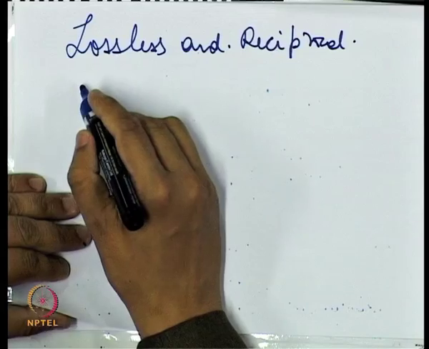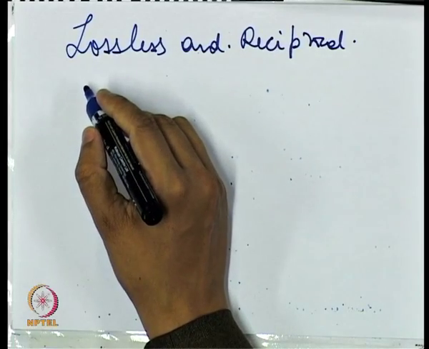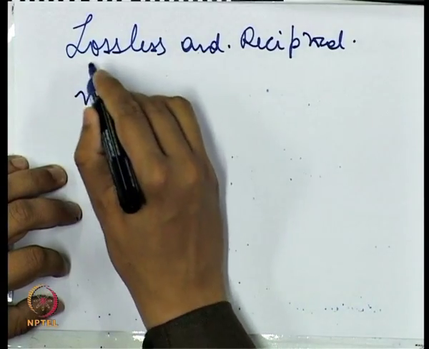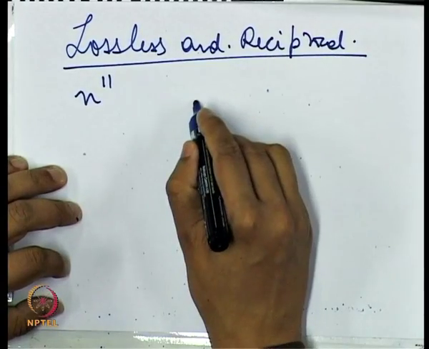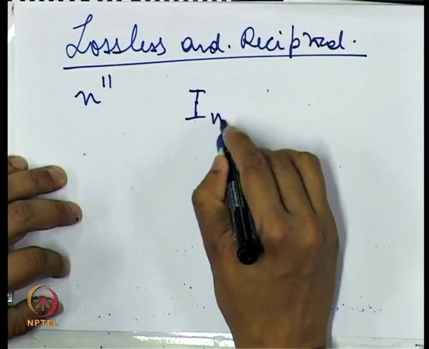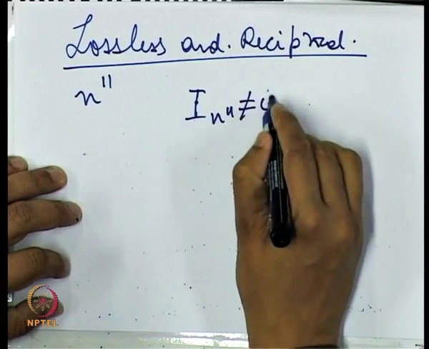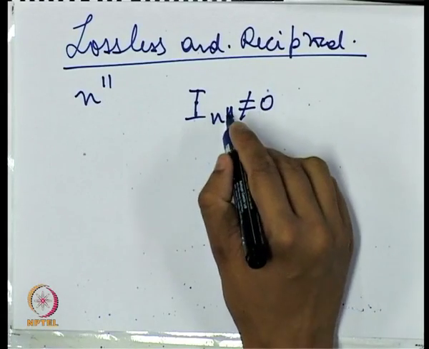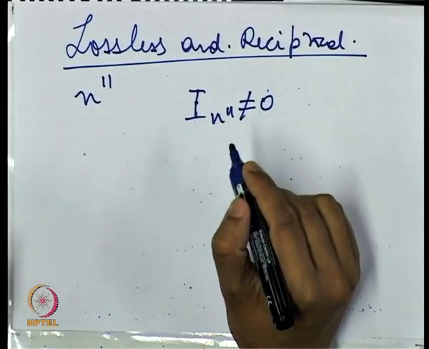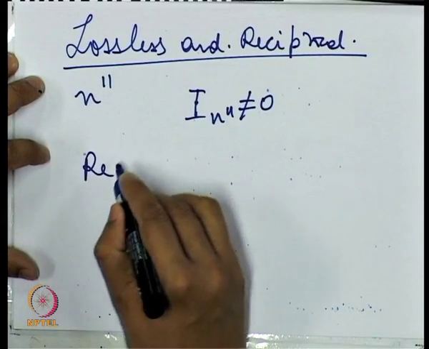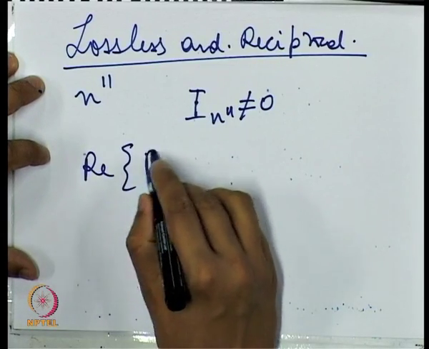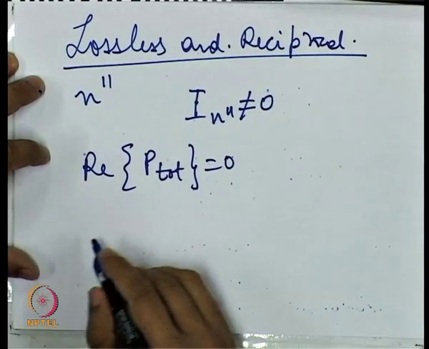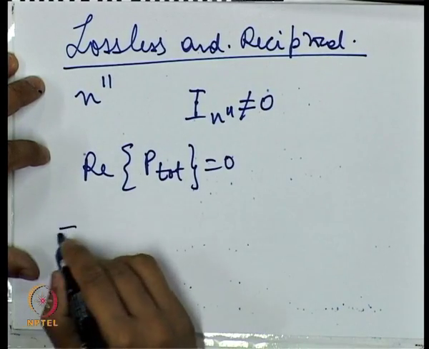Now, consider that in addition to the port n dash, we also have another port n double dash where the current is non-zero. Okay. So then if I n double dash is also not 0, then the condition of the real part of the P total being equal to 0, that is the lossless condition, equates to